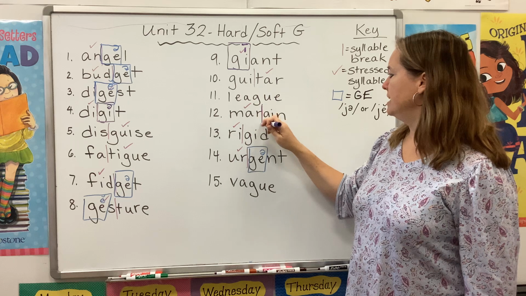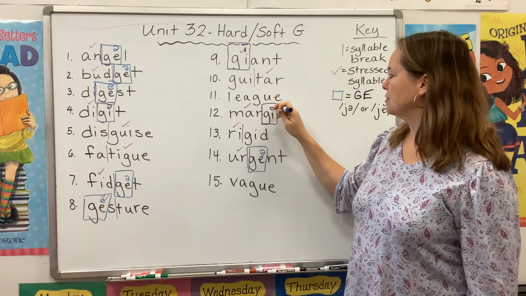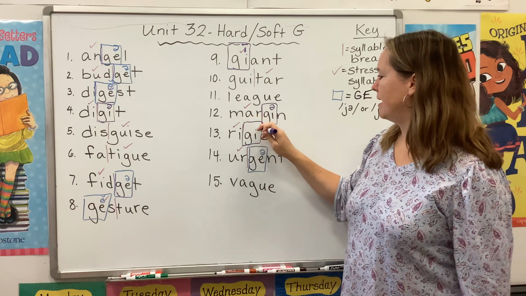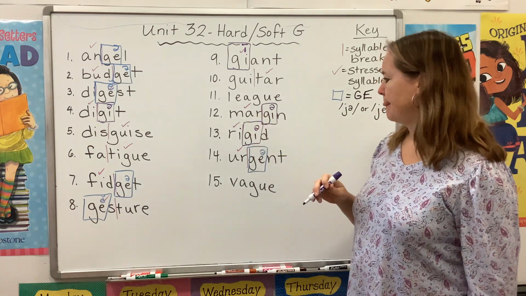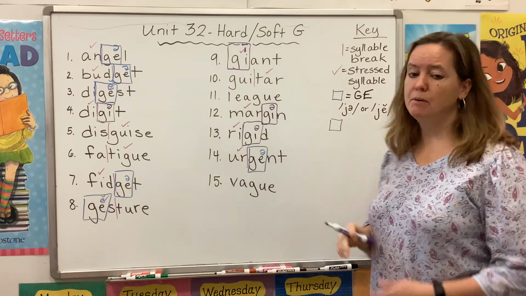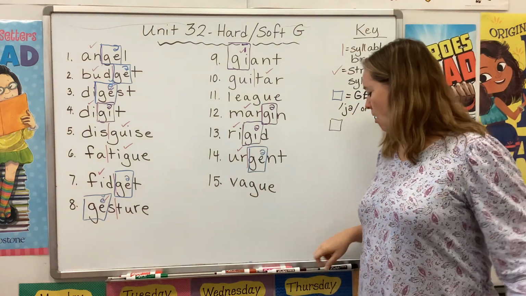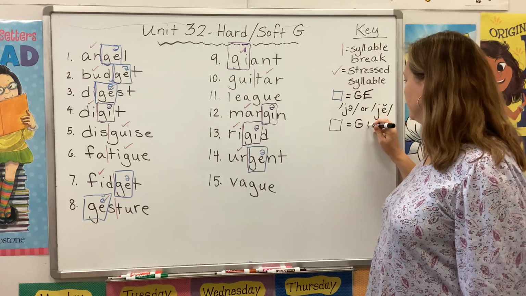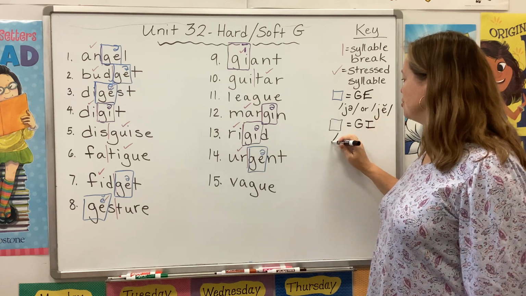In margin, we have another schwa. In rigid, we have another schwa. And I think that's it. Okay, so for our purple boxes, all of those words contain GI, but that GI